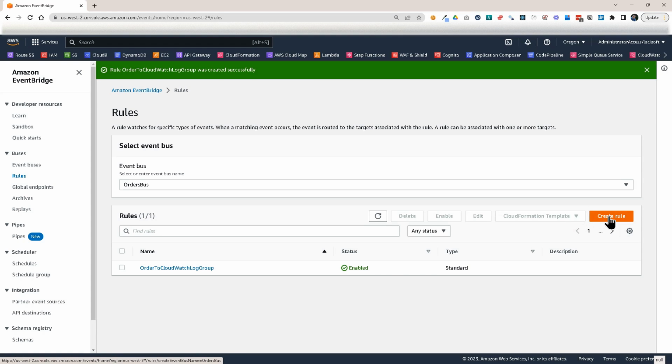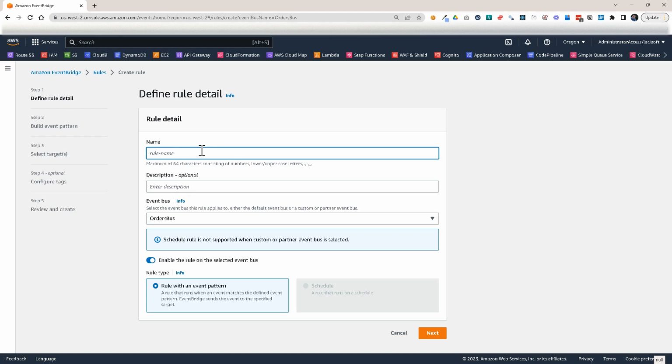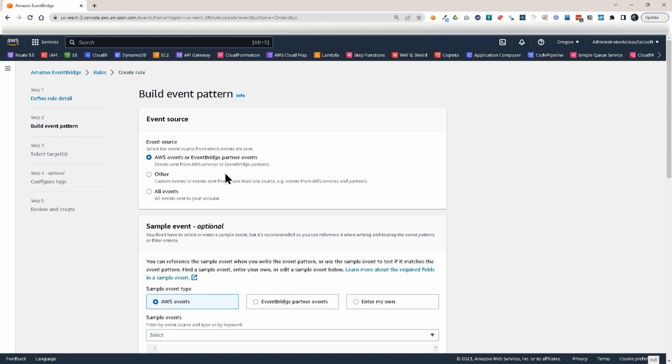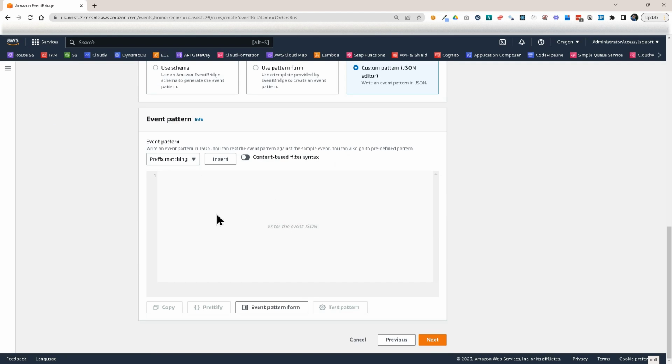So let's click again on create rule, and this time we're going to send our events to a Lambda function. So let's call this order to Lambda, and then here we're going to leave everything on default. Click on next. Here choose other, scroll down, and for event pattern, this time we're going to use a different pattern. So here we want to match all the events that have this prefix in the source field,